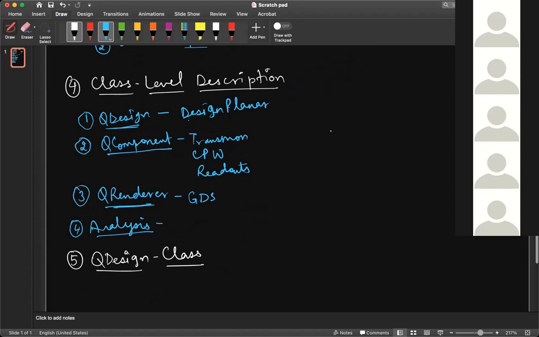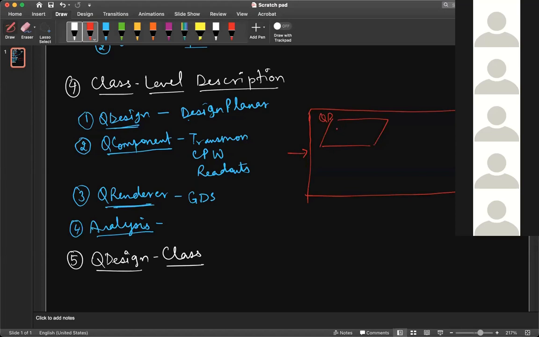If we see a connection sort of thing, let me take a different color. We have input formats here, that is Jupyter Notebook or whatever, the GUI if you're working on GUI. And this is your full Metal software, and it looks something like this, where you have Q design. You have a Q design here. I'm not writing the full form because there is no space.